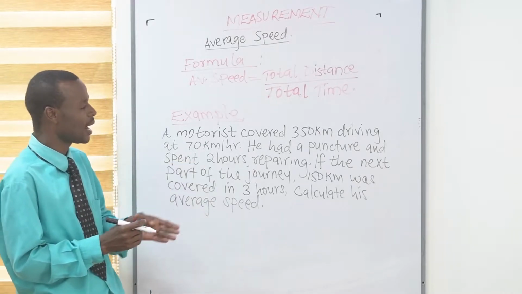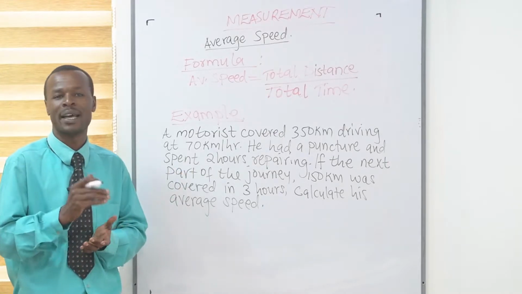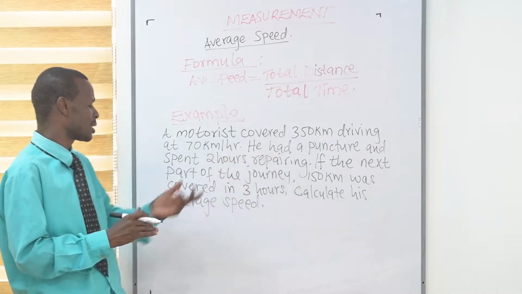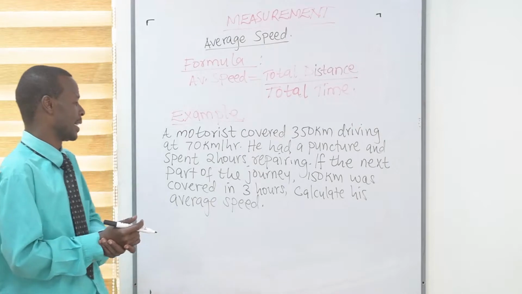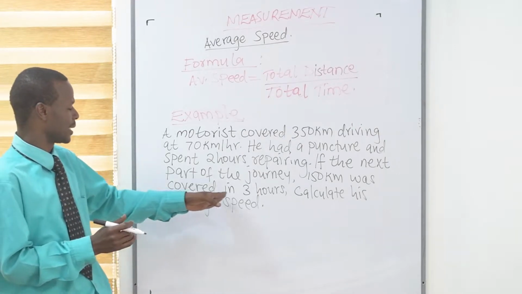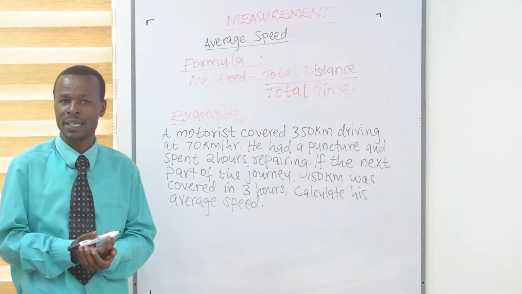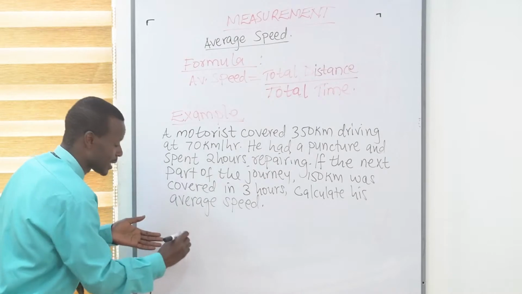He had a puncture and spent 2 hours repairing it. Then he continued the next part of the journey, that was 150 kilometers, and this was done in 3 hours. Calculate his average speed. So what we are going to do is simply to get the total distance,